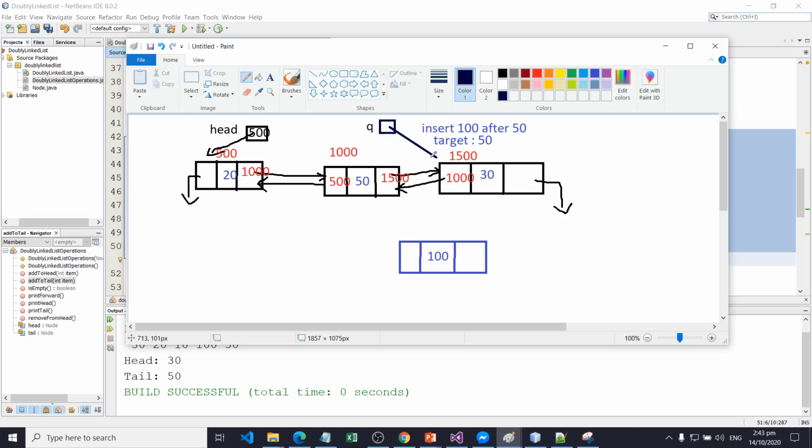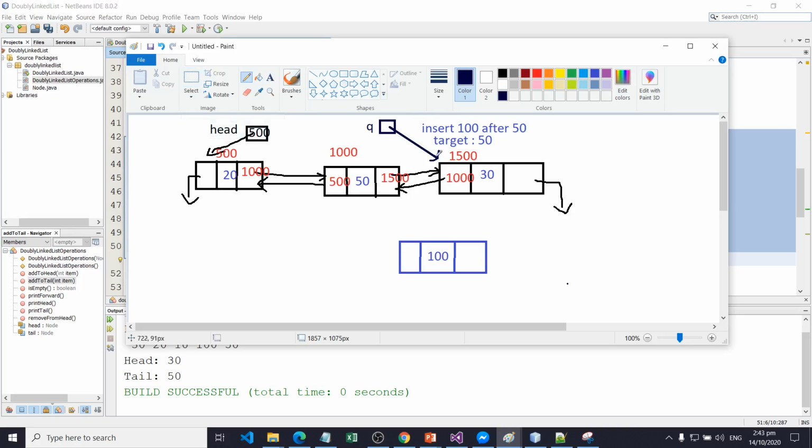This reference variable will be used for the new node that we are going to create to be inserted in the list.